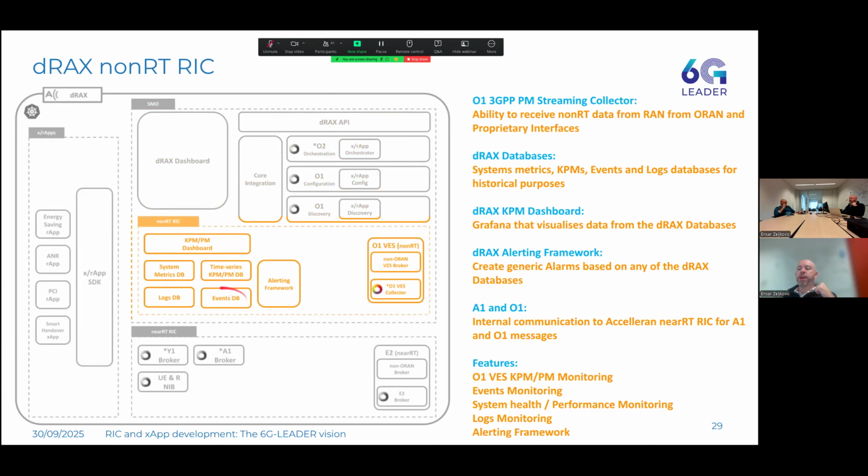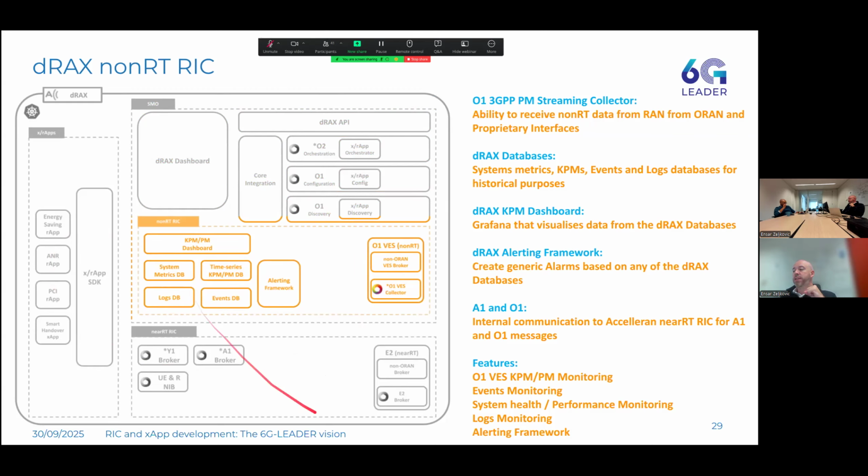We have an events database which collects events from our RAM, and we can monitor things like, for example, that the F1 interface, which is the interface between CU and DU, is down. We get an event that actually tells us that happened. And then we have a logs database, which is a centralized logging management of all the components in the RIC, including the xApps and rApps, so that we can track what's going on in the system.